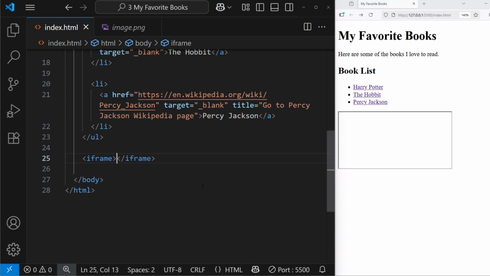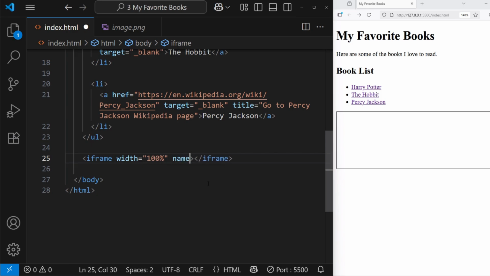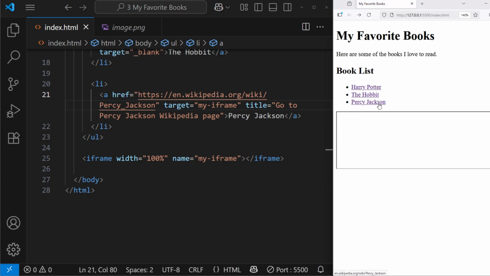All that we are going to do with our iframe is give it some width and give it a name attribute. In this example, I'll make the width 100% of our web page and give it a name, my iframe. Now, if we change our third book's target to my iframe, the Percy Jackson URL will open inside the iframe